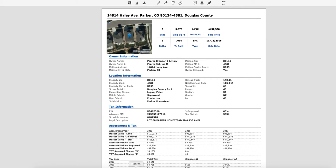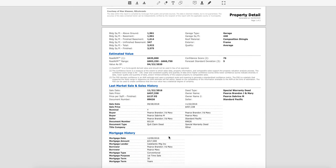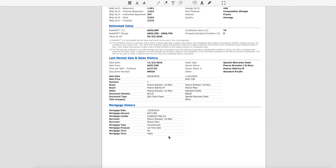I wanted to give you a quick look at Haley, your current house, to show you what's going on in that market. So the first thing I do is I get into public records and I find out the stats on the house, the beds, the baths, the finishes, not as far as the cosmetic finishes, but how much like in your basement is finished, square footage, and the lot size, and all of the vital statistics on your house. So once I get that information, I can then look up comps that are within a short distance of